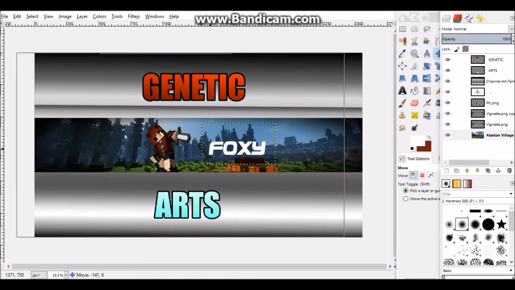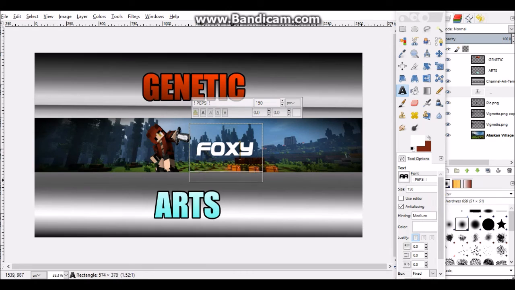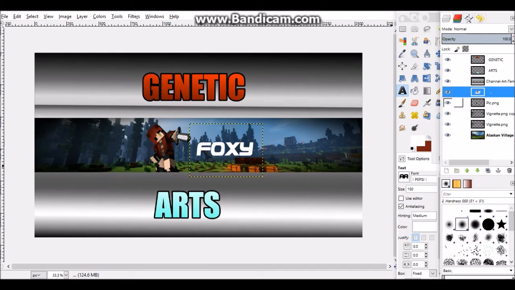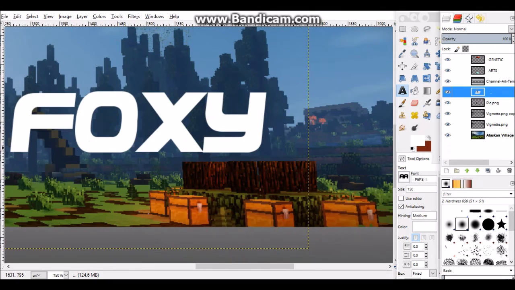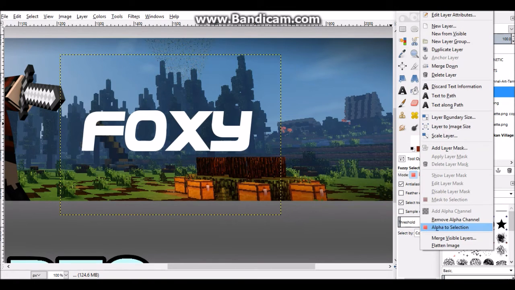Press M to move it around. Right. You wanna click move the active layer, and put it wherever you want. But I'm just gonna drag this thing more down because we're gonna be distorting the text or warping the text around. And yeah, so now what you want to do is right click the text, go to alpha